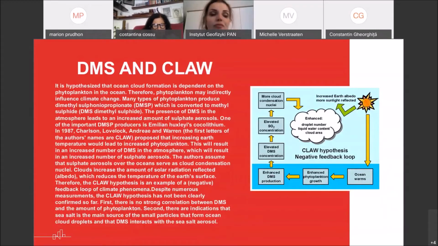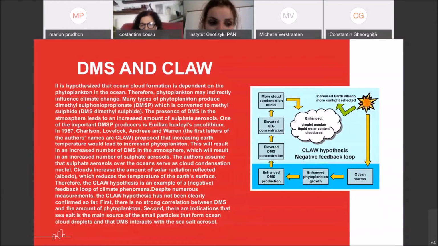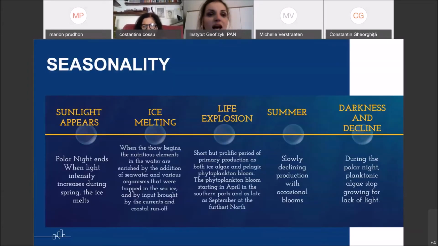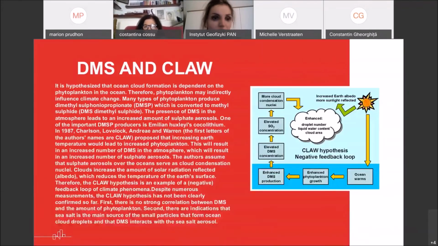The second feature or phenomenon that I want to stress was the seasonality. So the first was the biological pump, then we have seasonality, which is especially visible in the Arctic, more than any other region in the world, I would say. And also these spring blooms are really, really intense. And the third phenomenon that I wanted to present,